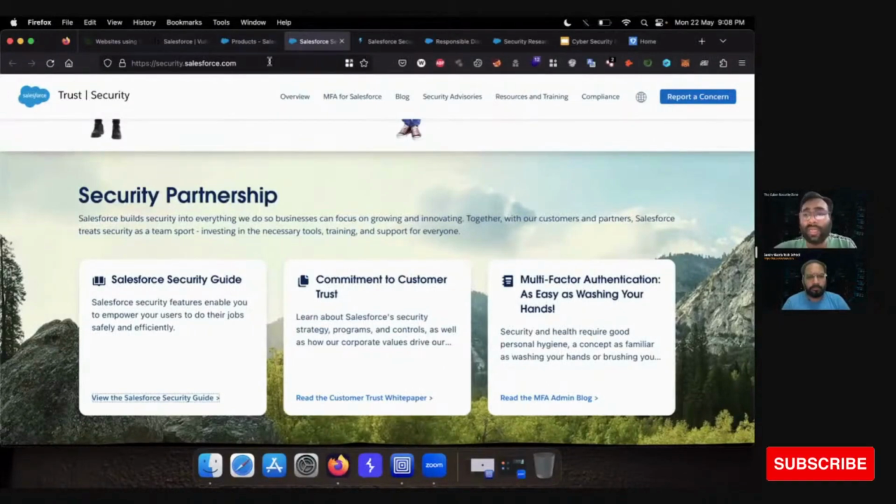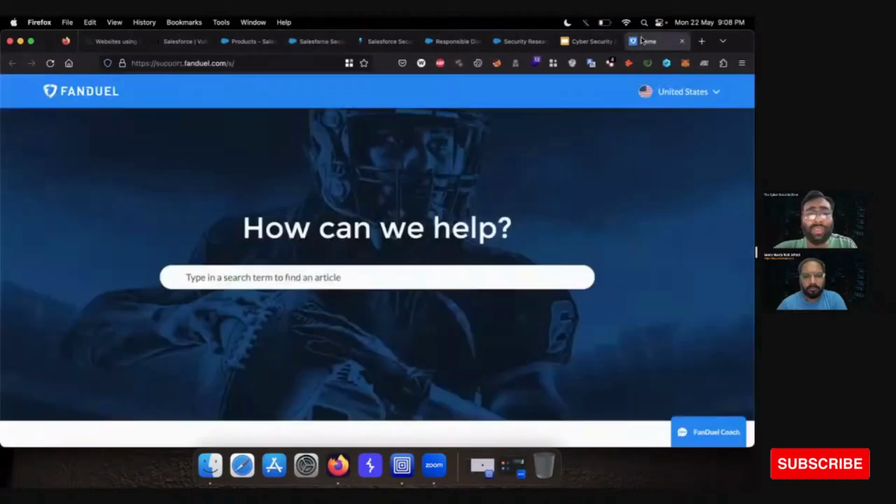So first thing is collecting the information, and in our previous videos I already told you how to collect subdomains, how to collect some links related to your target. So let's switch to our Kali Linux machine and find out if we can gather some information about the subdomains or links related to Salesforce, and then we can collect information about fanduel.com, which is using Salesforce CRM.